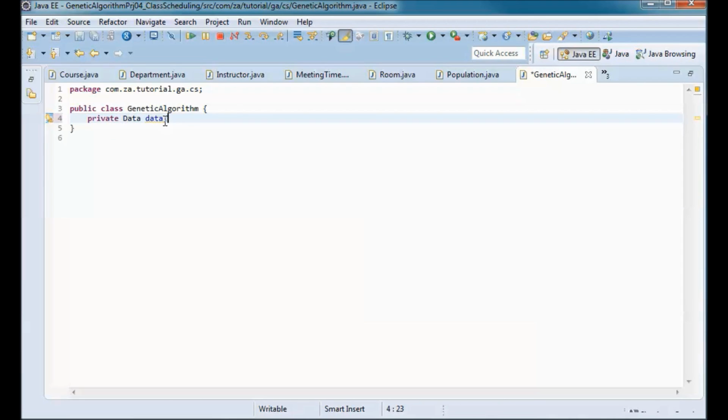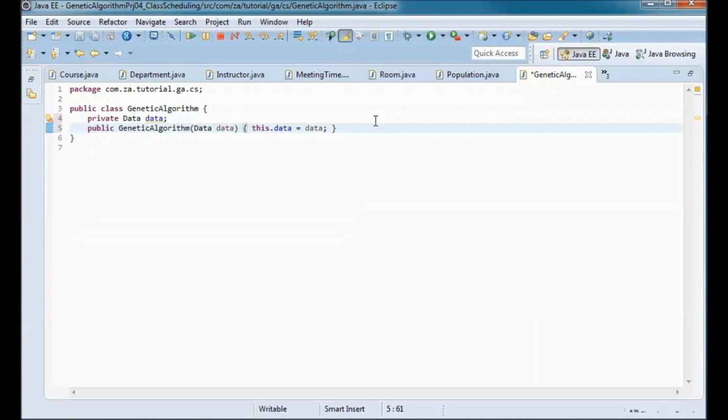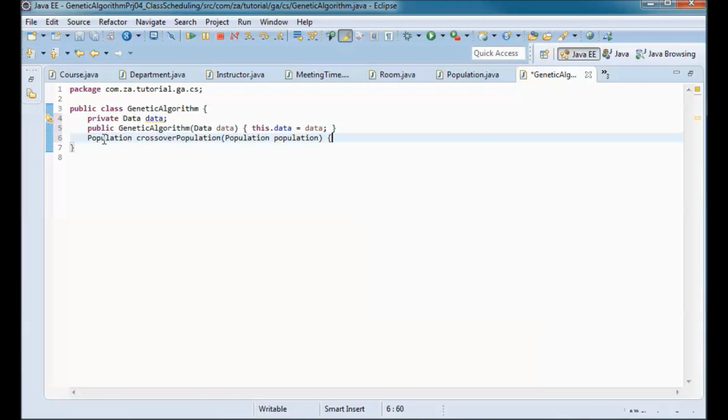And I will need the data coming in from the data class, which will be initialized in the constructor. So we want to perform crossover for all schedules in the population. So I'll have this method crossoverPopulation, and for now let's just return null.